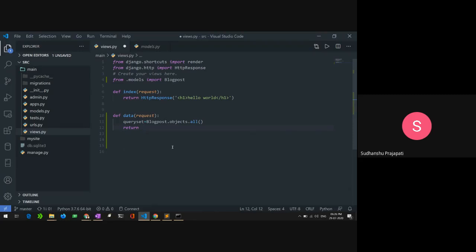But for now, I will return my query set. To return it, I will use HttpResponse and return my query set inside it. I'm just showing you how you can work with models and return all the objects to the web page. And after that, we will work with the template engine of Django.